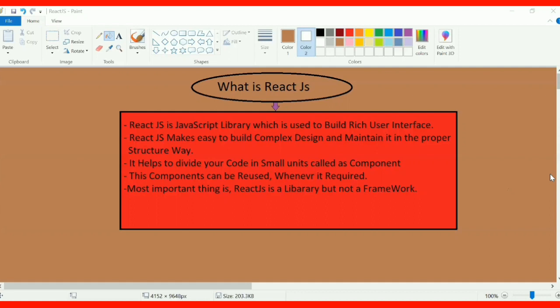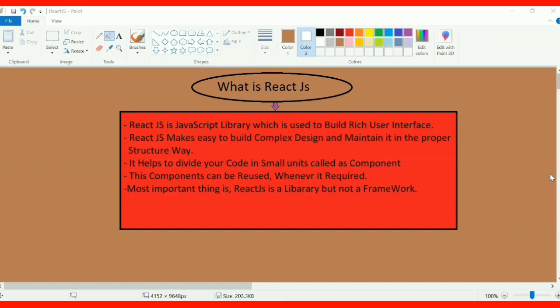In a real-time example, what is a user interface? For example, for some educational sites or college sites, you are going to give your details to that particular college. So how are you going to give? You are going to fill some registration form, right? Now this registration form is nothing but a user interface.